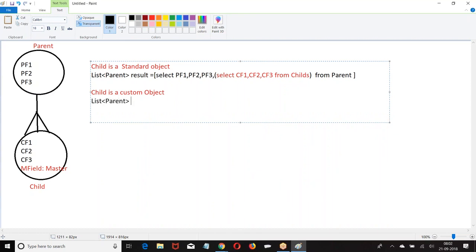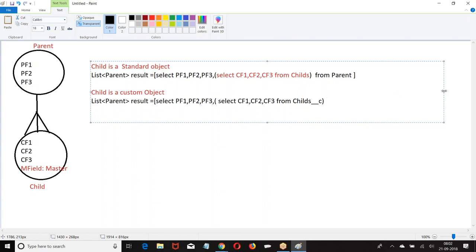list of parent, select... Now, parent child.